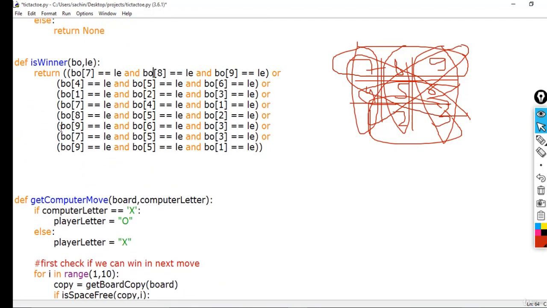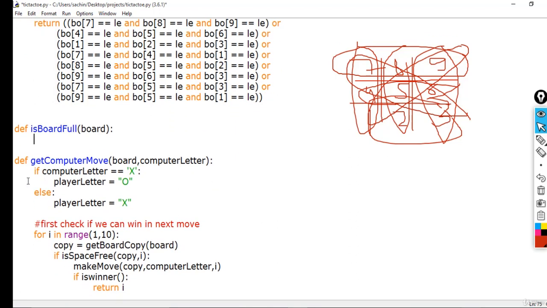So the next method that we want to make is the board full method. Basically this is to check if every space on the board has been taken or not. So I'll define over here, board full, and it will take a board. This is board full method, it returns true if every space on the board has been taken, otherwise it will return false. So let me say for i in